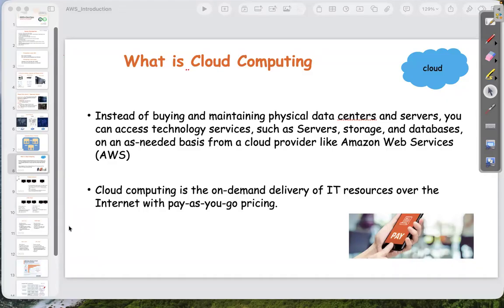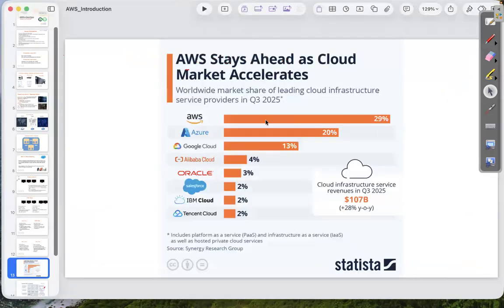Okay, so these are the cloud market shares: AWS Cloud, Azure Cloud, GCP, Alibaba, Oracle, Salesforce. Based on the usage here, it is showing 29% of the vendors are using AWS Cloud. Simple example: if there are 100 software companies, 29 companies are using AWS Cloud, 20 companies are using Azure Cloud.